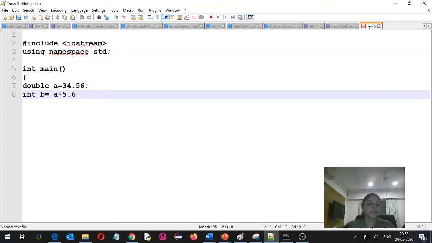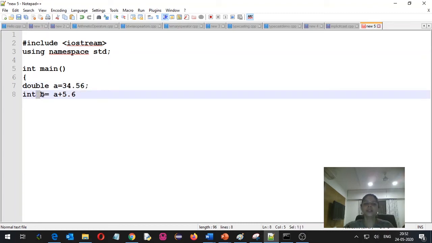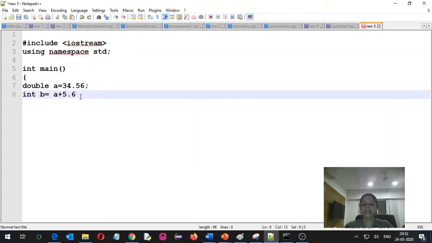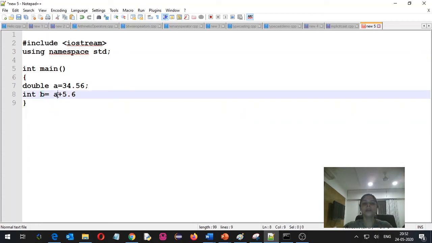Now if you notice here, a is of type double and b is of type integer. So here the double will get converted into an integer. For double we allocate 8 bytes and for integer we allocate 4 bytes. So we are trying to transfer the data from 8 bytes to 4 bytes, which is transferring from a bigger location to a smaller location.